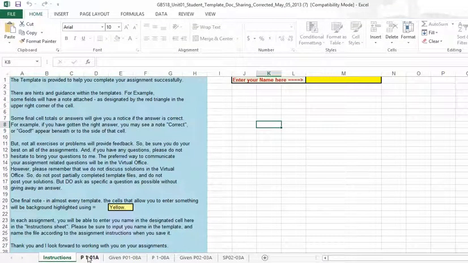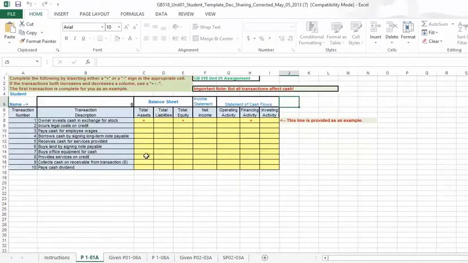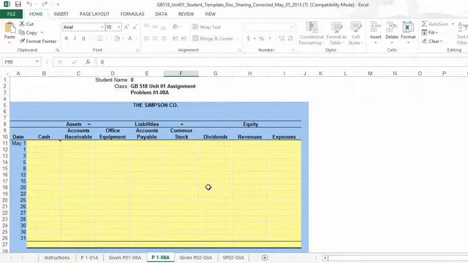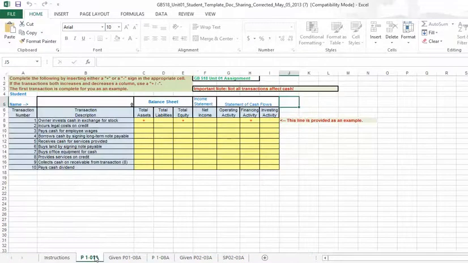Now, the templates are restricted in terms of the only place that you're allowed to enter data is in the yellowed area. So what you'll see in the tabs, you'll see the assignments where you are entering the data. So here we have the assignment for P1-01, P1-108, and so forth. There's one unique feature in the first assignment that I'd like to go through. This relates to entering the information for the problem